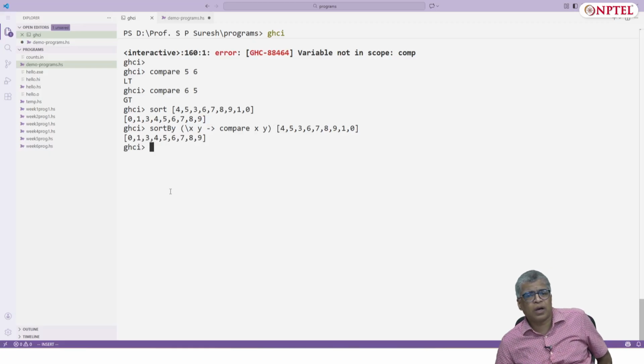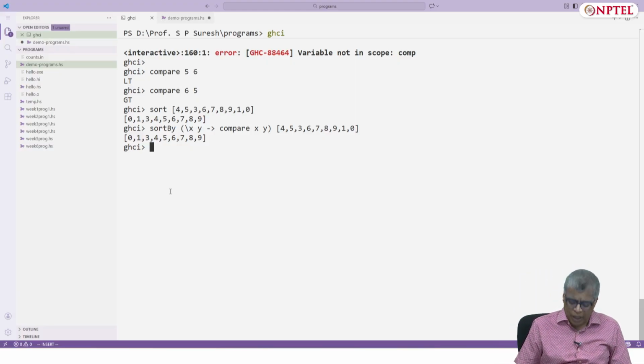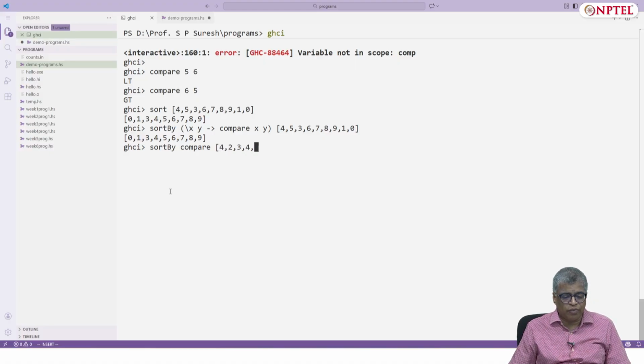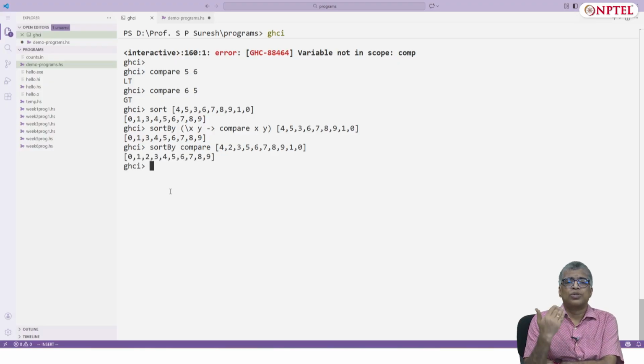This is the same as saying sort. Okay, sortBy, and you just say map x y to compare x y, and we know that there is a better way to do this, which is sortBy compare. Let's do this. Yeah. So this is the thing.